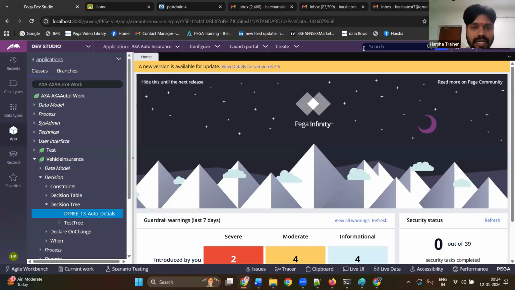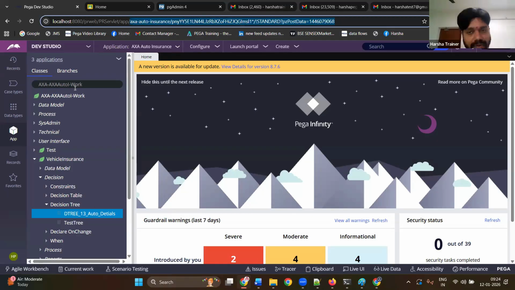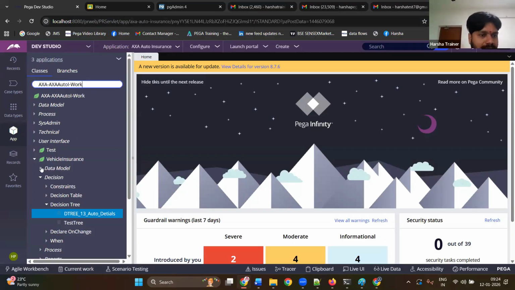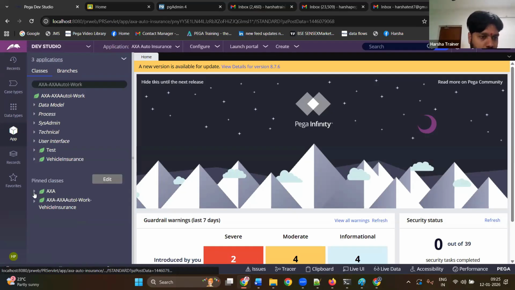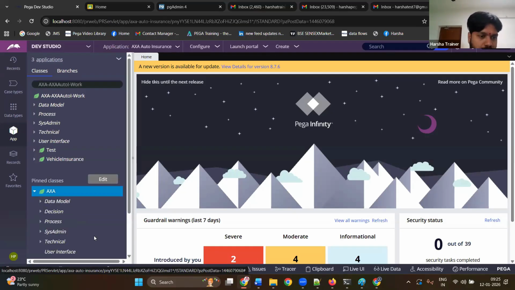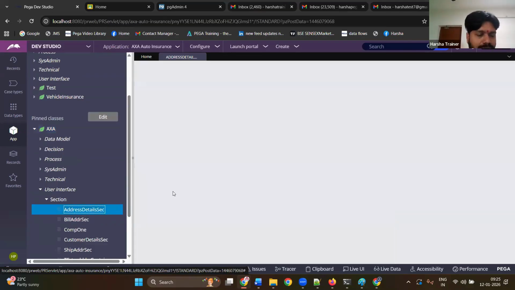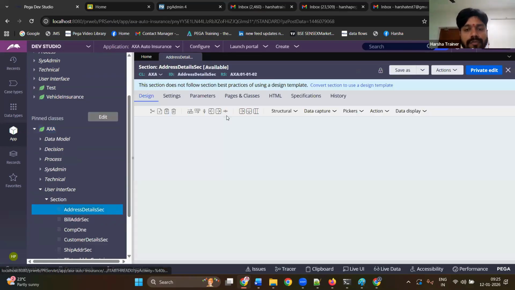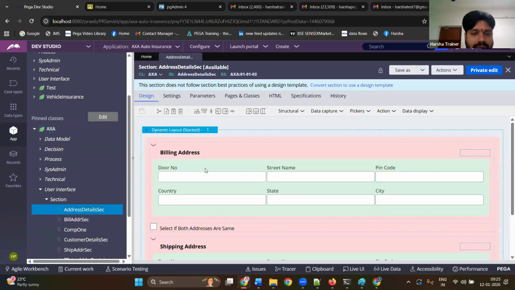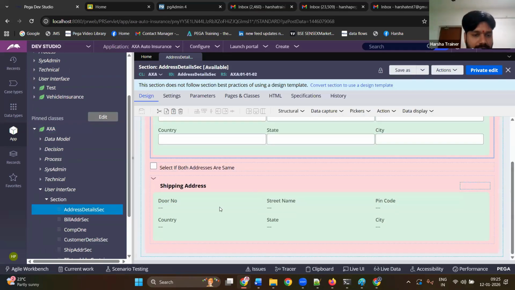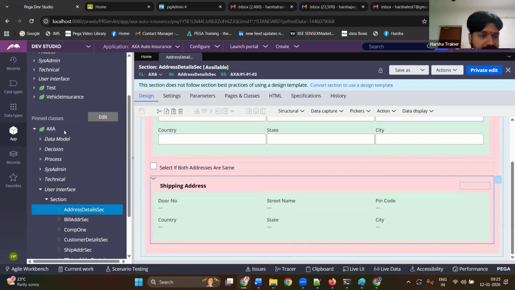But you know, when we create our application, let's go to our application, please. Otherwise, I'll show in an existing application. In an existing application, you have one UI. Why I show UI, you can easily understand. I have one UI functional component to collect the billing address and to collect the shipping address. This functional component is created in a class. You can see CL AXA. AXA is the name of the class in which we have created the functional component.